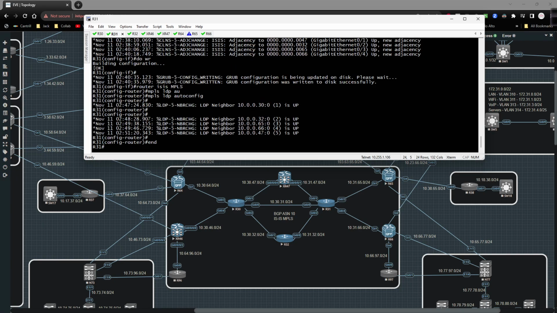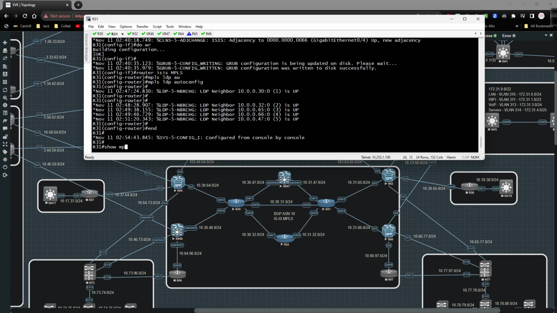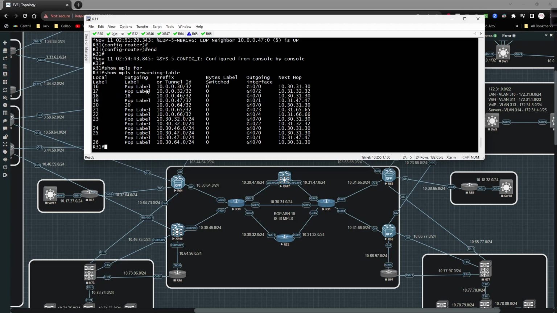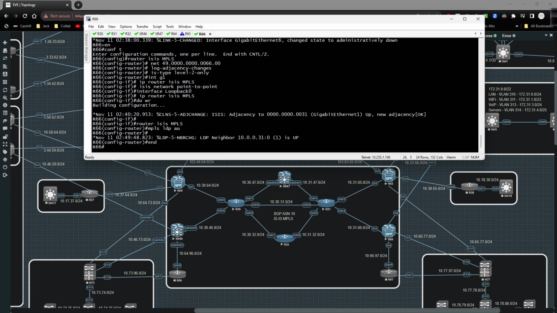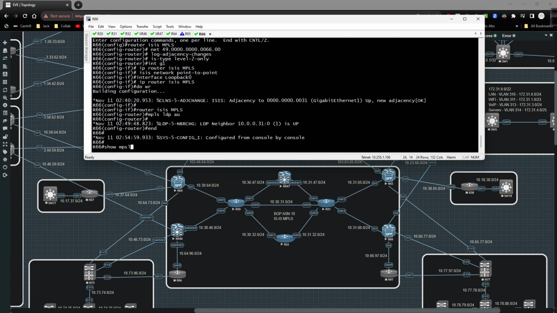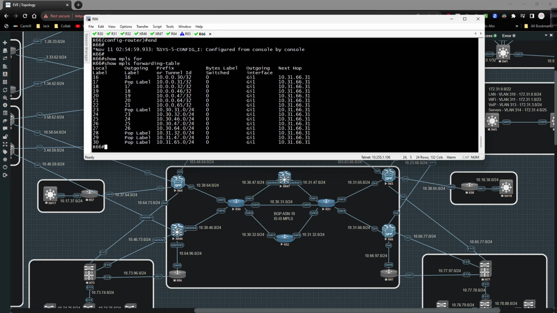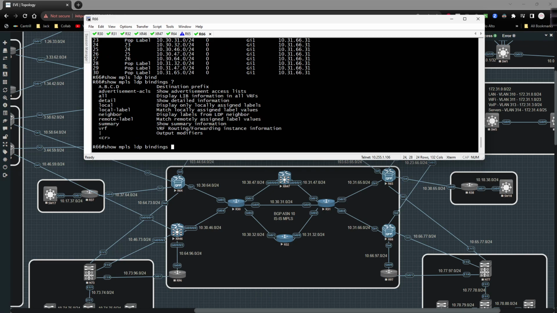Jump out of global config, do a show MPLS forwarding table. Notice how here on 66 it's 22, right? Now if we go over here to 66, and we jump out of global config, do a show MPLS forwarding table, notice that he doesn't have an entry here, right? 66 doesn't show up, but if I do a show MPLS LDP bindings for a particular address, so